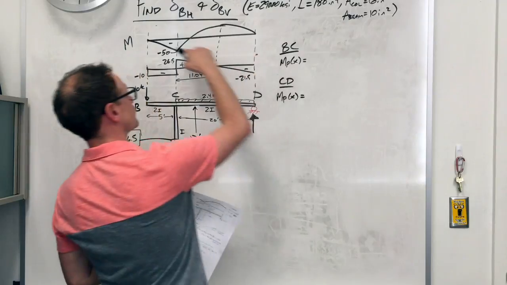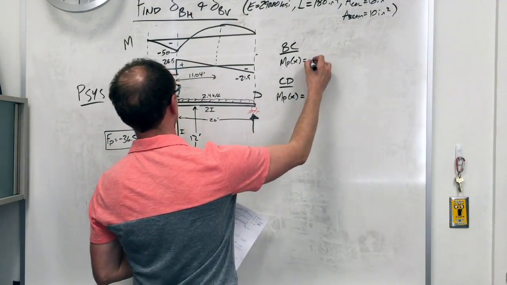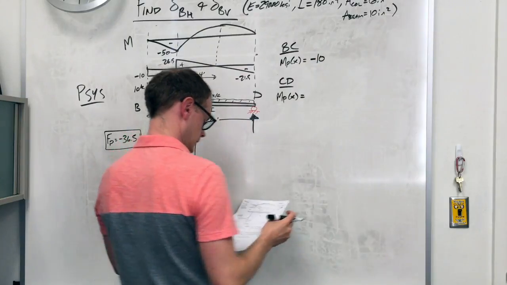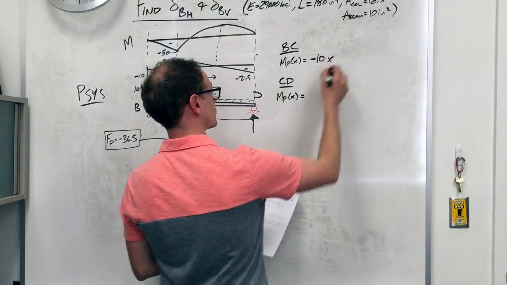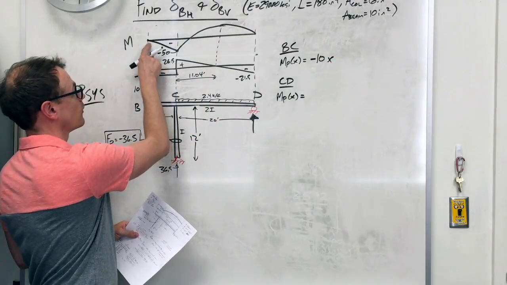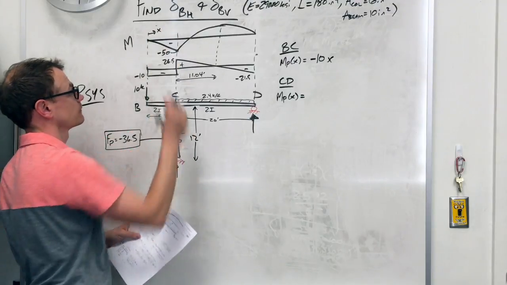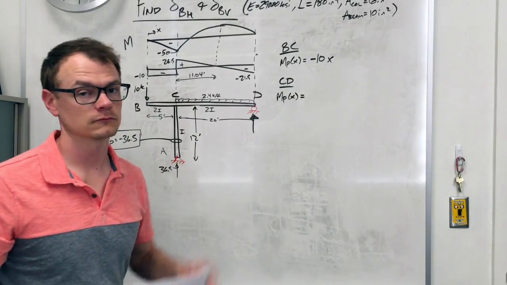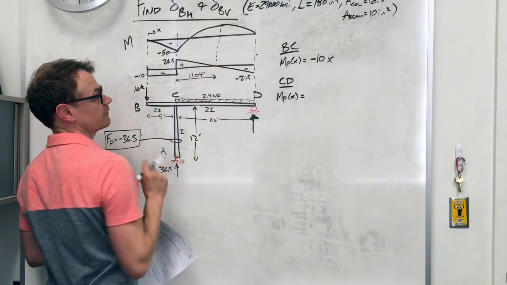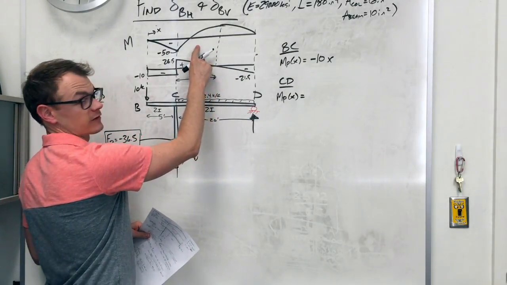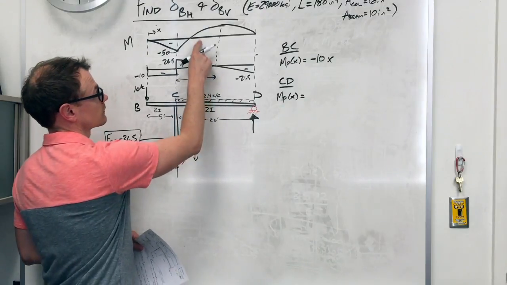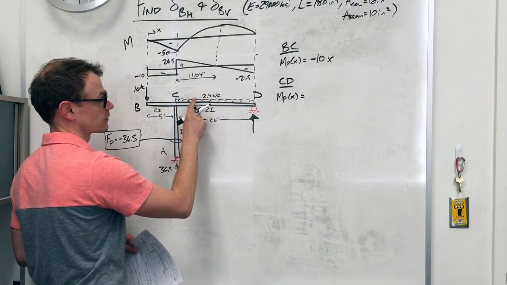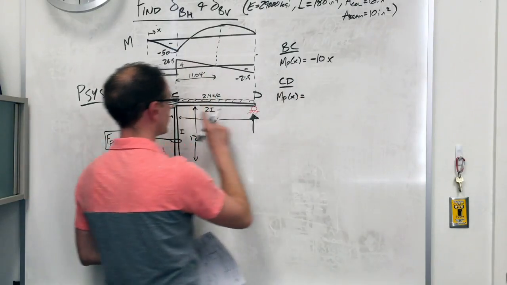Let's write it down. The slope is negative 10. All right, slope is negative 10, so I have negative 10 x and there's no y-intercept if I start x this way, right? There's no y-intercept there, so I have negative 10x, done. Now this segment is curved, so I'm going to have some kind of an x squared here, but let's go ahead and cut a segment of this beam so that I can write the equation. So if I start at C,